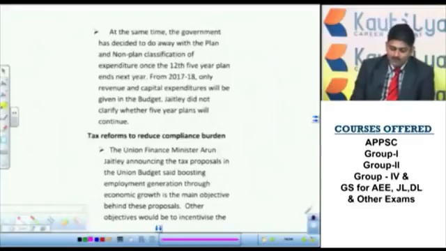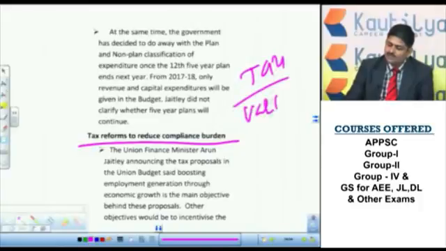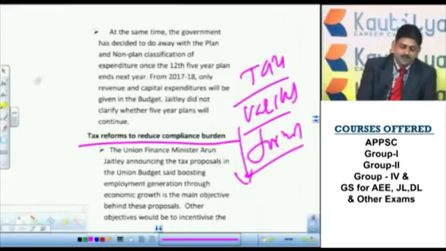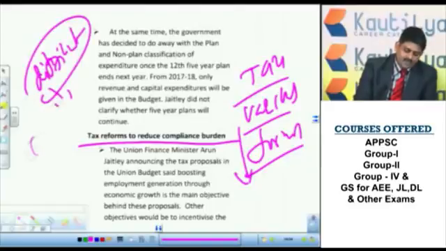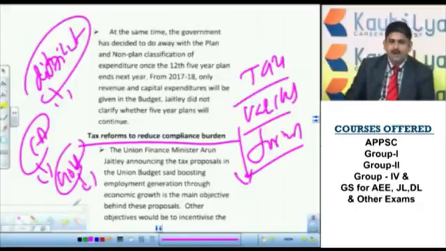Now, if we move to the tax reforms to reduce compliance burden, in simple terms, in order to pay the tax we need to fill various forms, and paying the tax has become itself a difficult procedure. It's difficult because we need the assistance of a CA, then we have to go to the government and various departments. All these issues, we are paying the amount, still we are taking the burden.